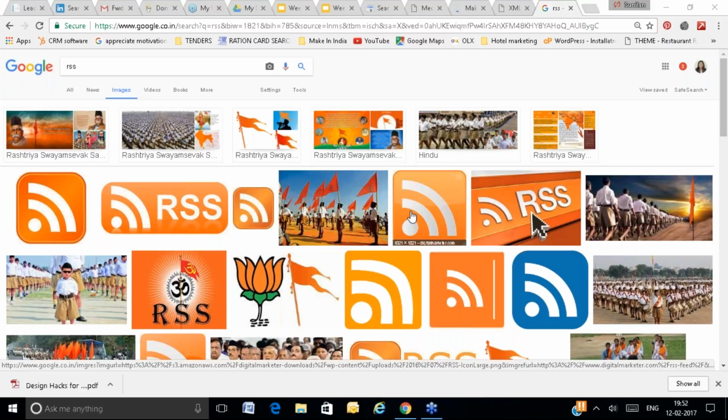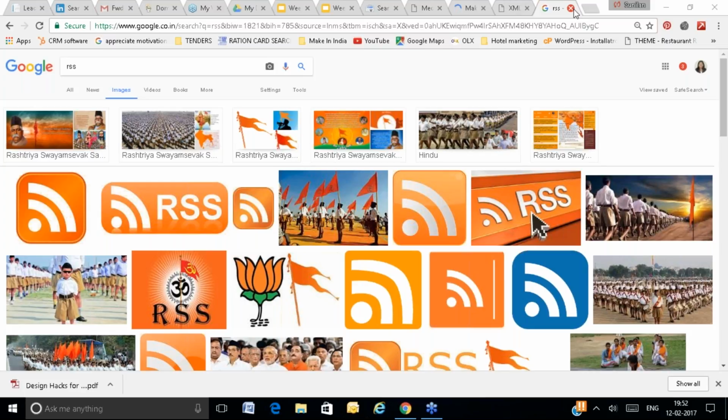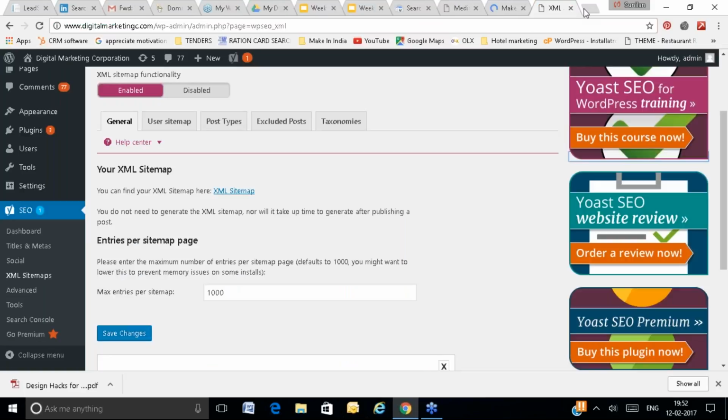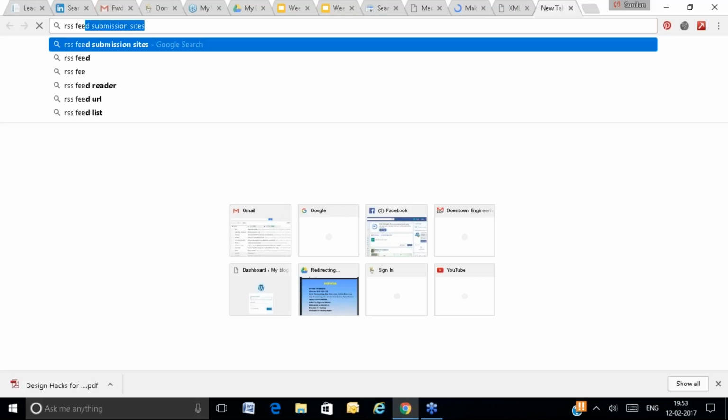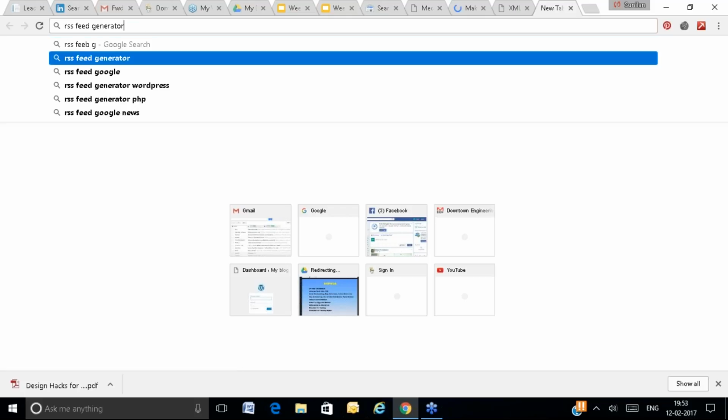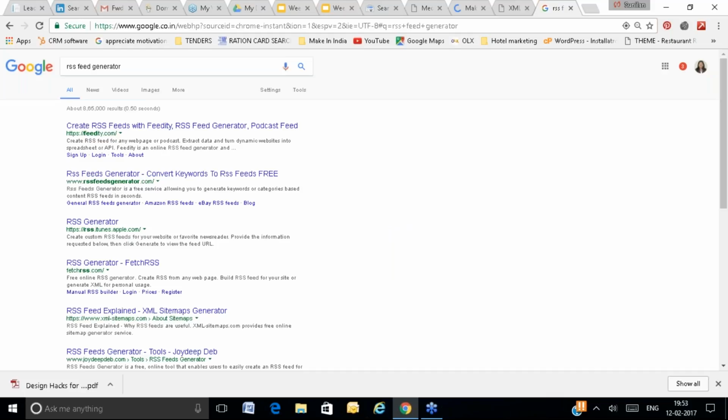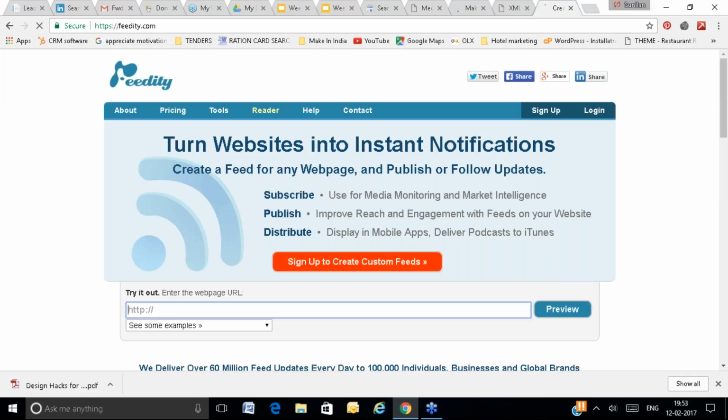This is a mechanism. You can inform your blog subscribers that you have uploaded a new blog, right? For that, you have to create the RSS feed URL. You can go to Google and search for RSS feed tool or RSS feed generator. Here you provide the website URL for which you are going to generate the RSS feed.